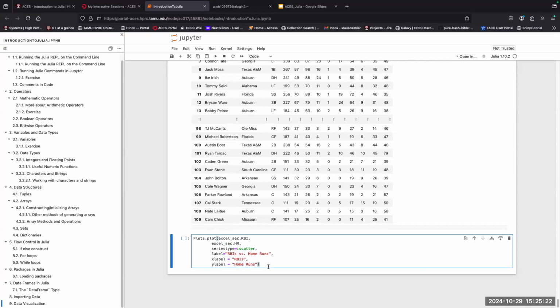If you're used to ggplot2 in R, I don't have as much experience with this yet, but it doesn't seem to be as difficult to use as ggplot2. A lot of the flags are very similar to what's there, but it seems easier to use. So if we run this,